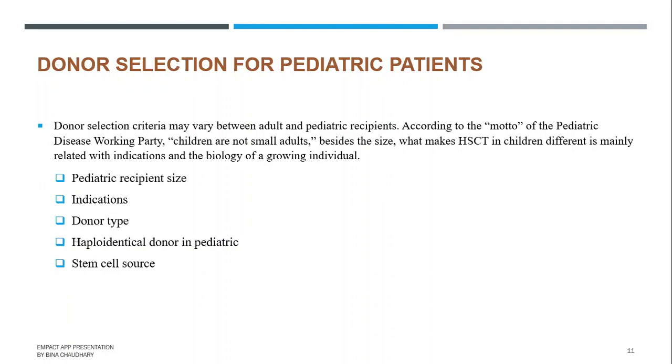And for stem cell source, of course, we will use bone marrow aspiration more than PBSC and umbilical cord, because with umbilical cord we can get more. So because of that,